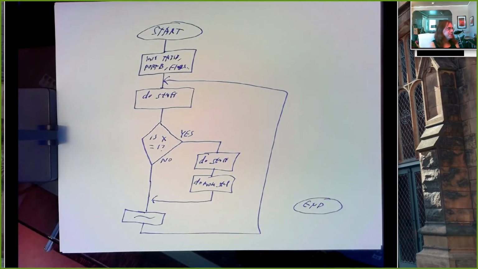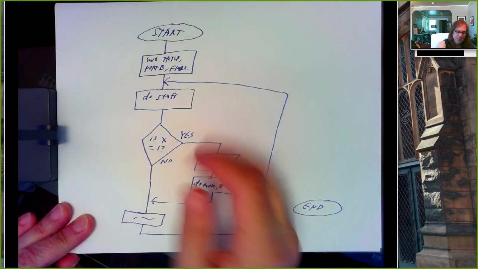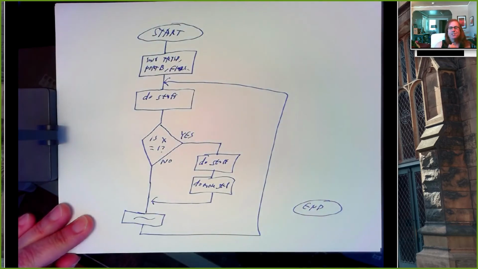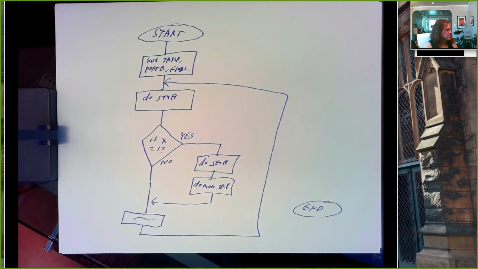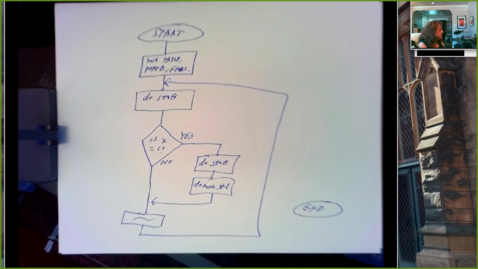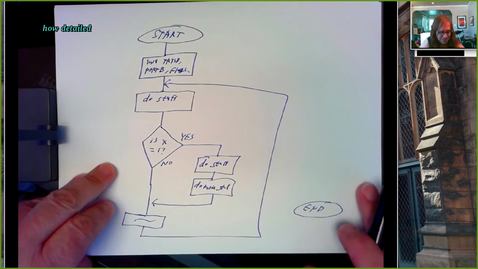And you can definitely do flowchart and pseudocode. In fact, I recommend doing both. Pseudocode probably at the highest level, and then flowcharting at a lower level with more detail, and then assembly language when you're actually writing the instructions for it. So it can be tricky trying to understand how detailed we should make a flowchart. So let me